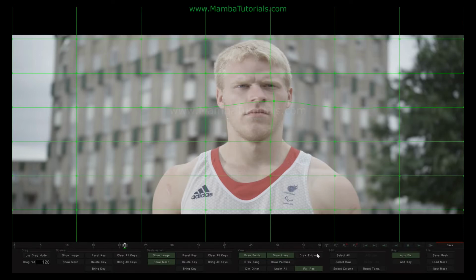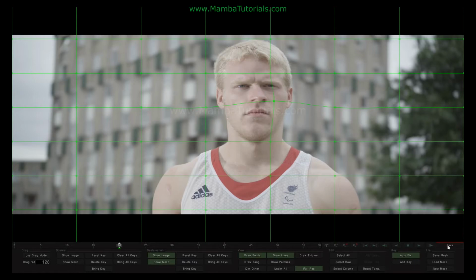Controls for the warper are relatively straightforward. We have a frame dragger to drag through our shot. In this case I've got a still image. The green marker here indicates a keyframe. Keyframes can be moved by holding down Control and dragging them. Over here we have the usual array of zoom controls and playback controls, and the back obviously takes us back